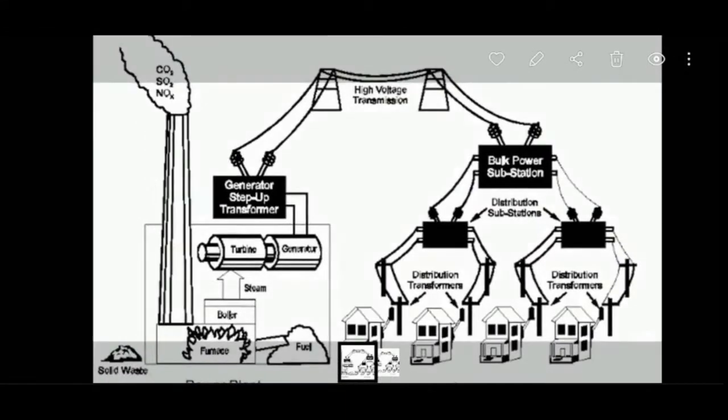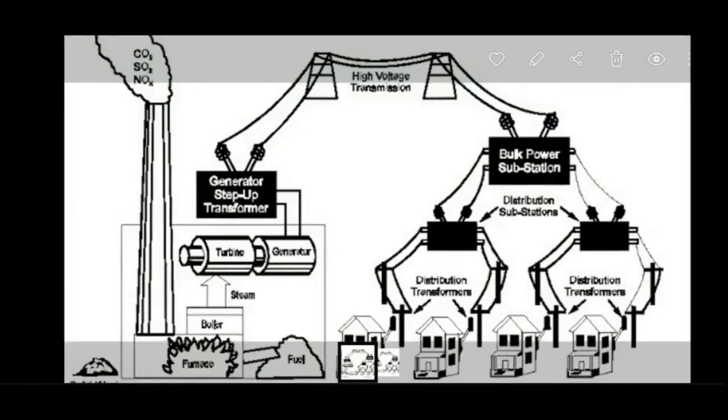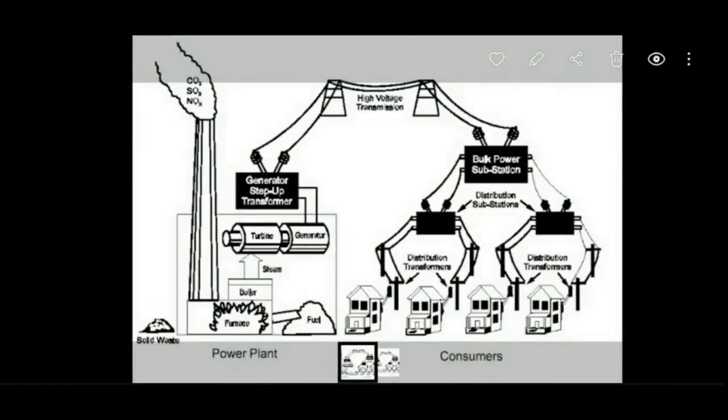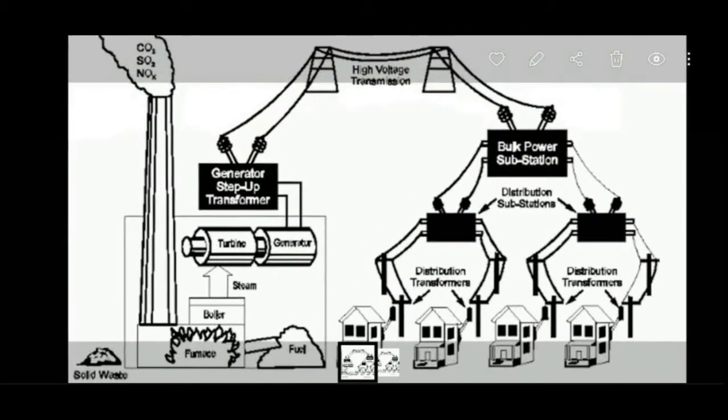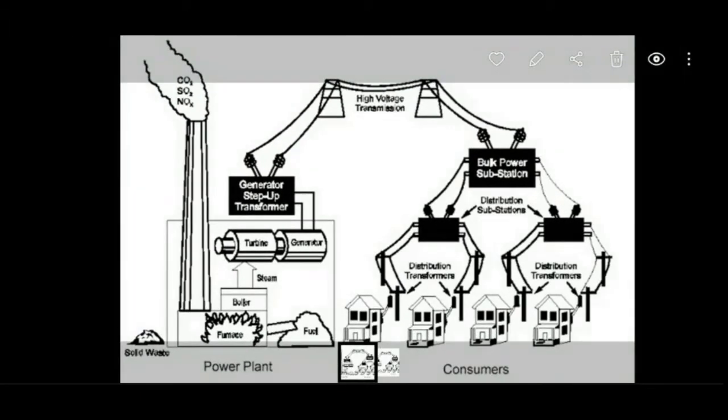Now, generation is the first part and very critical part, of course. But then the second step is to transfer this high power to society. And not everybody is near the generating station. So you need transmission lines. You see them around you all the time on both sides of the road, at least on one side of the road.